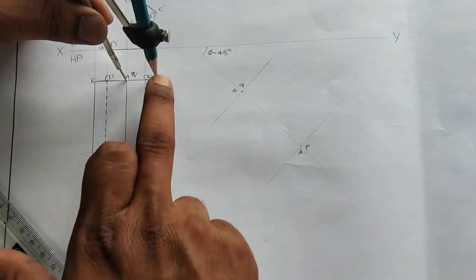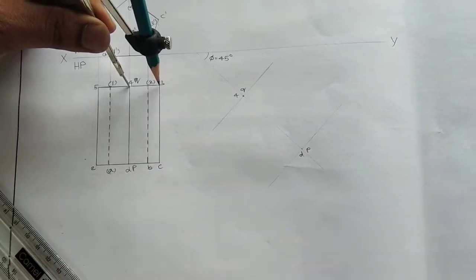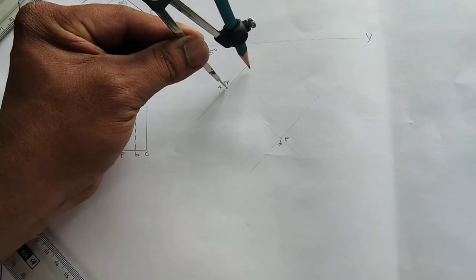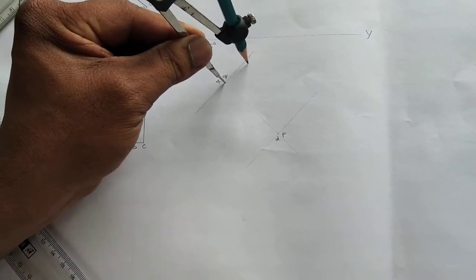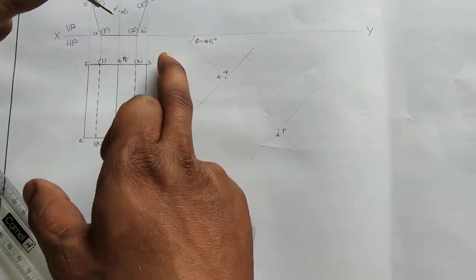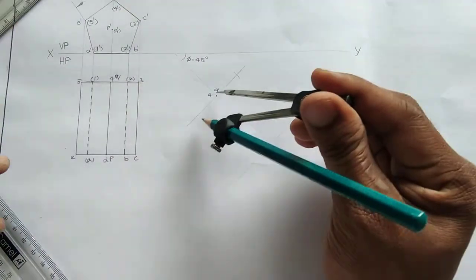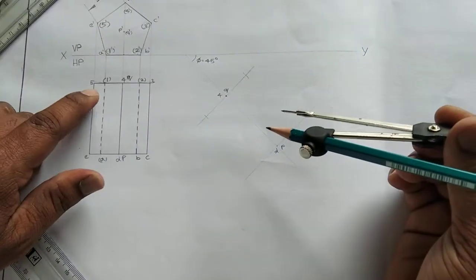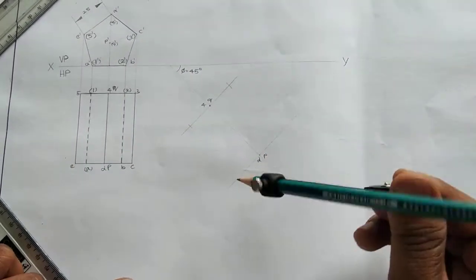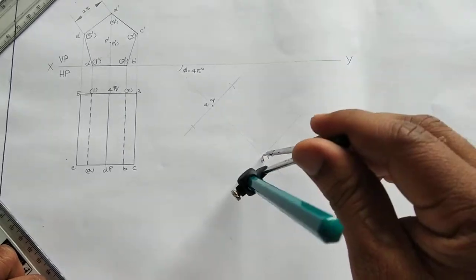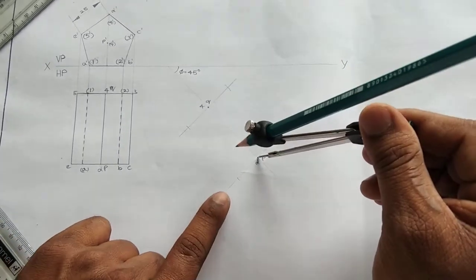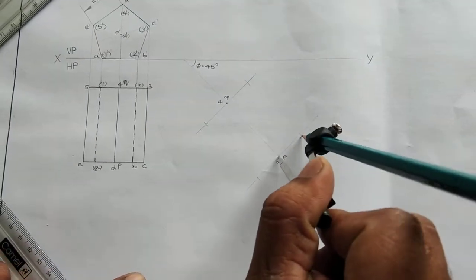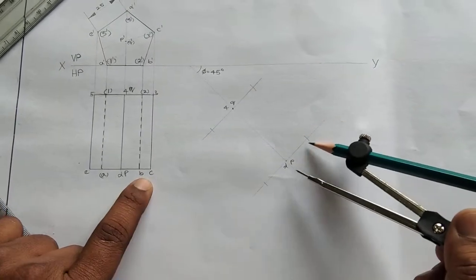So for the purpose of marking 3, C, E, 5, I can take 4 to 3 dimension as radius, and this point as center, draw an arc on this particular line. So here we will be getting point 3. And next, same dimension as radius, this point as center, draw an arc on the same line. So here we will get 5. And next here I can take point D as center, draw an arc at this particular line. So we will be getting E here. And next we can construct another arc on the right end, so that we will get C.